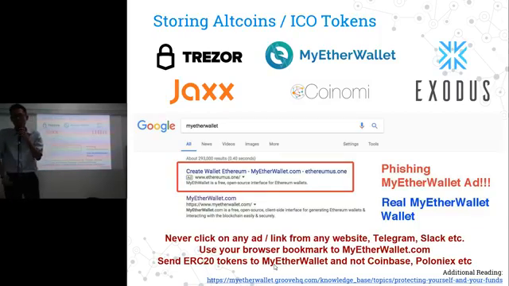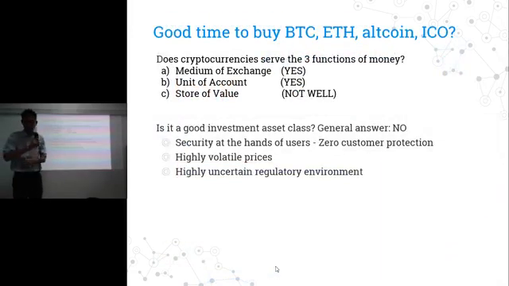It's non-trivial. A lot of you got into this space recently, and you don't realize the risk that you're taking. We have seen way too many hacking incidents, exchanges crashing, coins lost. It's crazy out there. So a lot of people ask, is this a good time to buy Bitcoin, Ether, altcoins, ICOs? Basically, I guess the thing to do is to look back at the three functions of money,